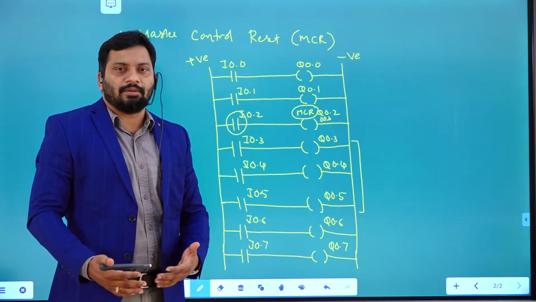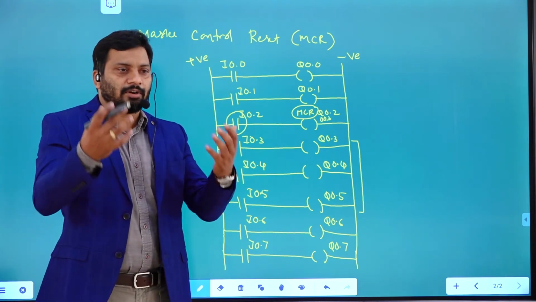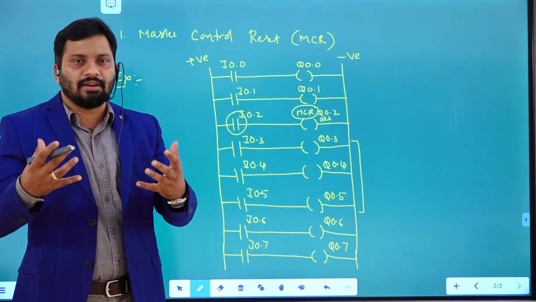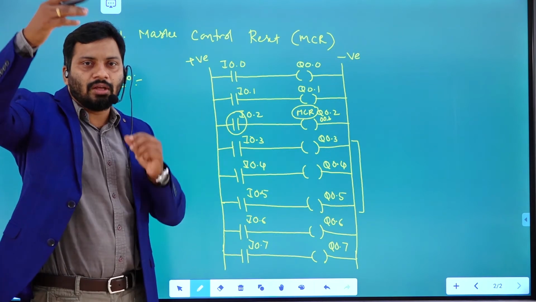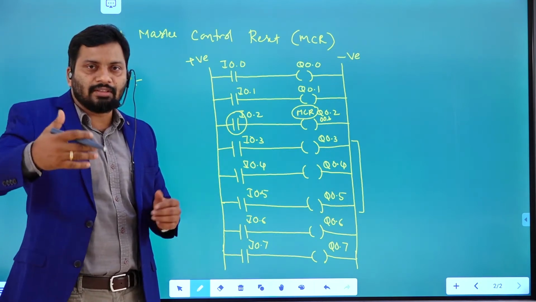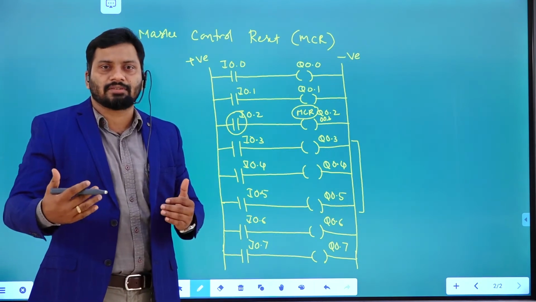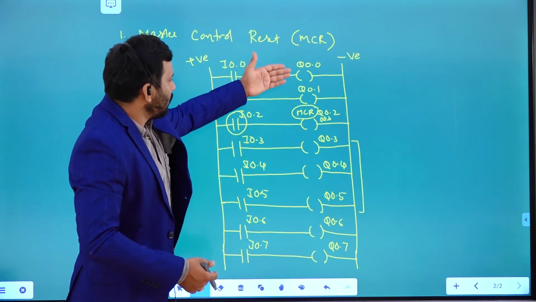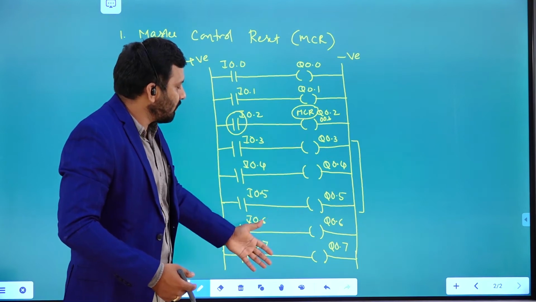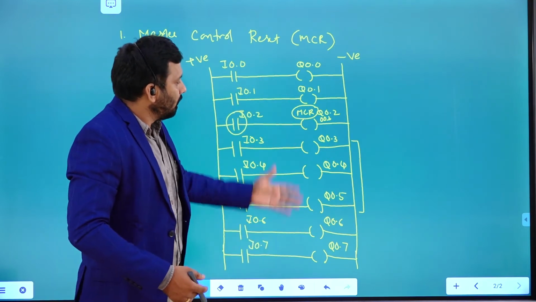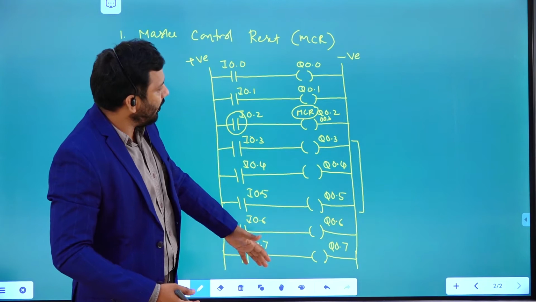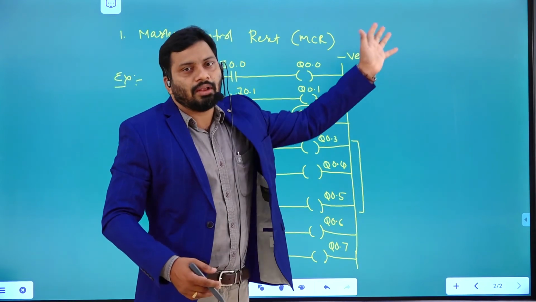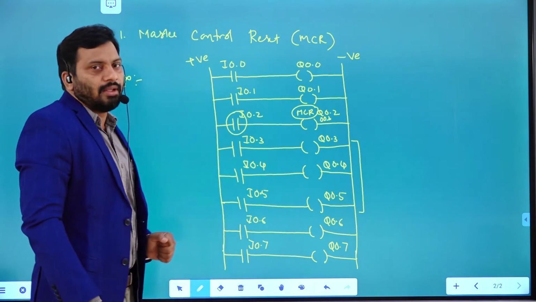For a particular application, if you write 10 instructions, they are executed one by one. At the end of the execution of the 10 instructions, it gives some output. Here also it's going to be executed like this. After completion of the total execution of eight rungs, you are going to control the 8 outputs.